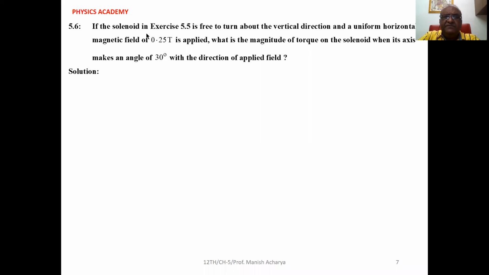5.6. If the solenoid in exercise 5.5 is free to turn about the vertical direction and a uniform horizontal magnetic field of 0.25 Tesla is applied, what is the magnitude of torque on the solenoid when its axis makes an angle of 30 degrees with the direction of the applied field? So,